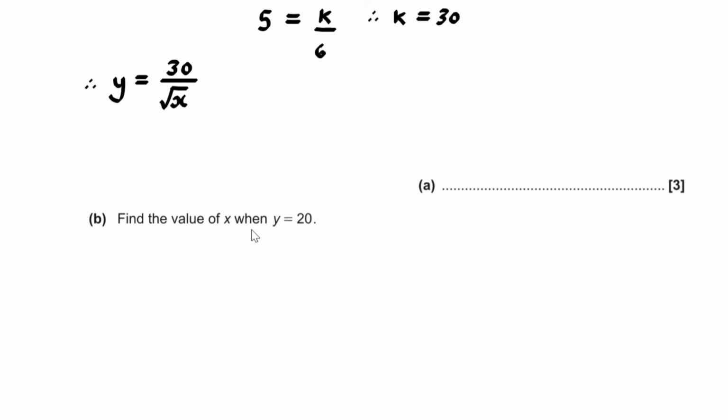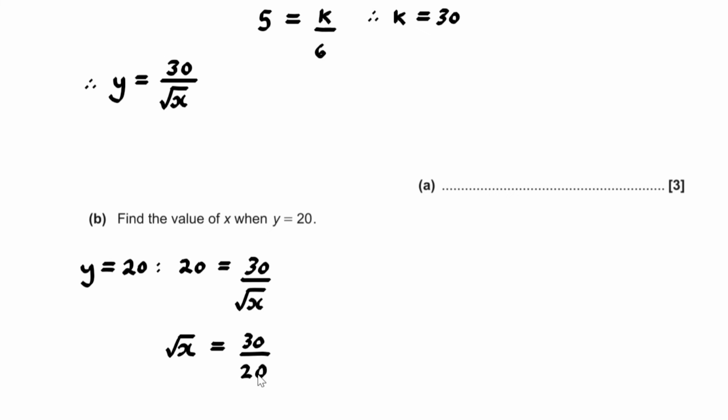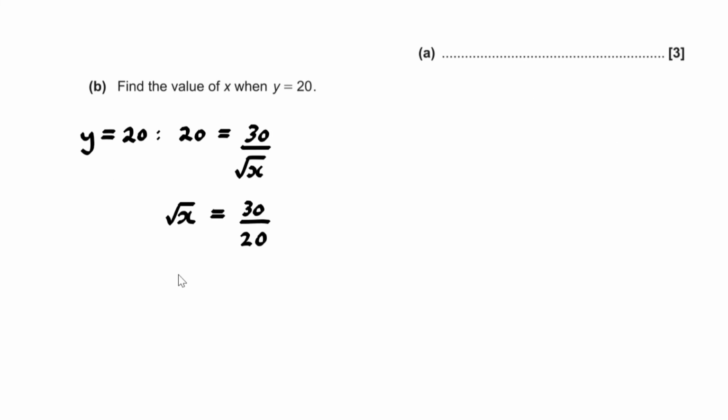For part B, we have to find the value of x when y is 20. Well, when y equals 20, we have 20 equals 30 divided by the square root of x. And if I rearrange, we can then say the square root of x is equal to 30 divided by 20. In other words, the square root of x is equal to